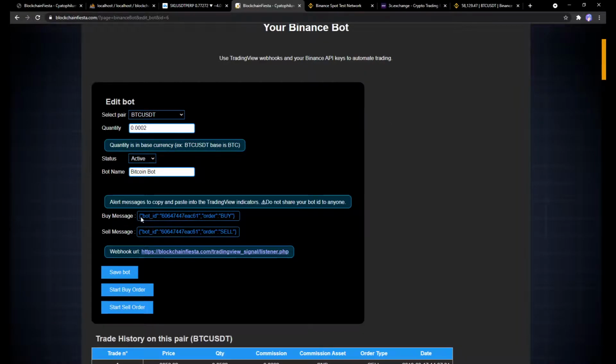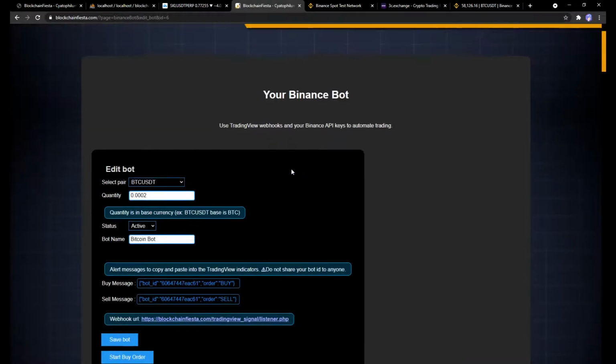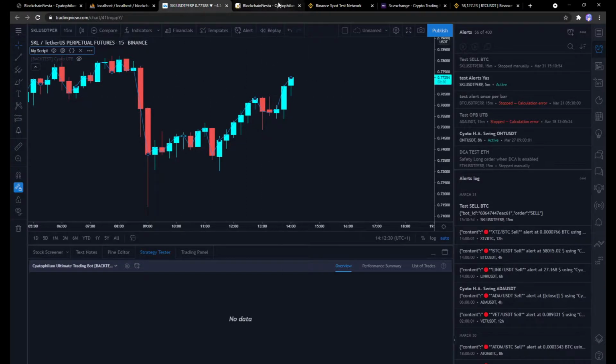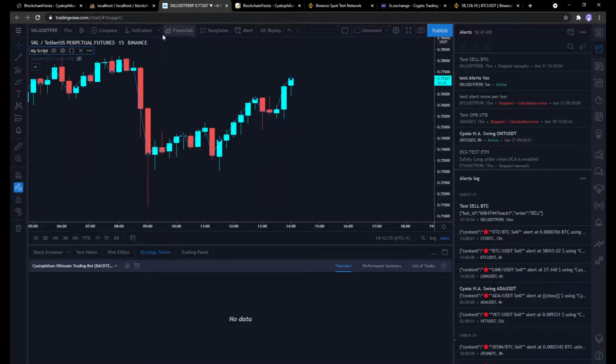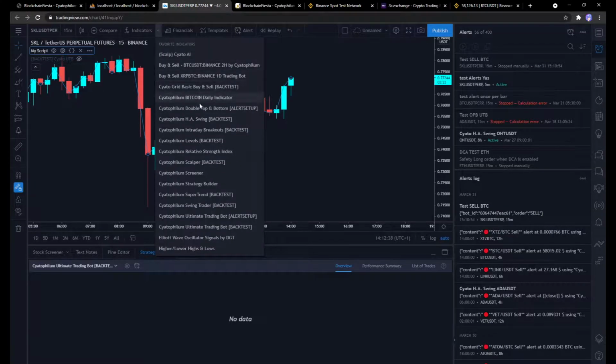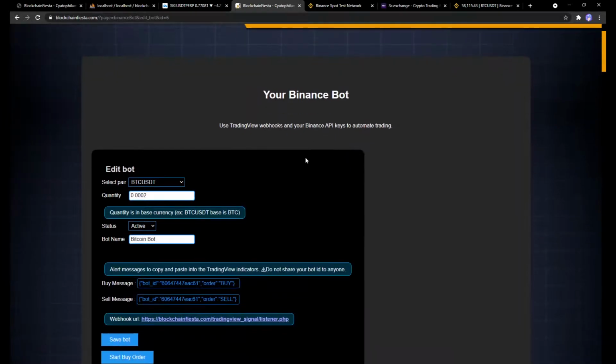You can do the same thing with the buy message. Right now, the bot can create buy and sell signals, so buy and sell strategies that you can automate. Maybe in another video I will explain how to set up the indicators to get buy and sell signals for your bots. But in short, it could be the grid, it could be super trend, it could be swing trader, or Ekin swing, an indicator like this, swing trade indicator.